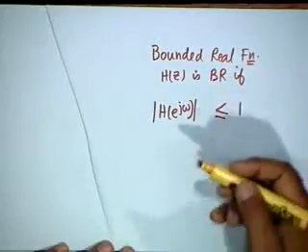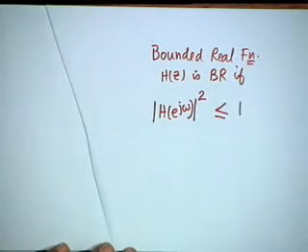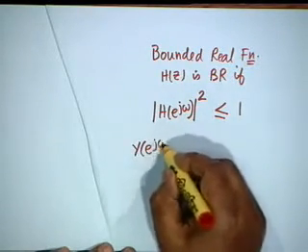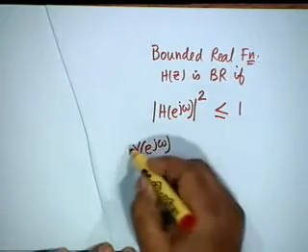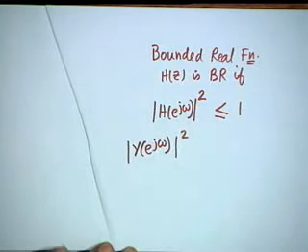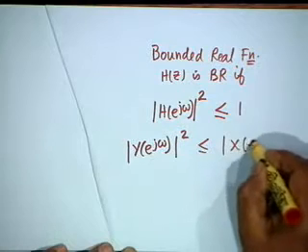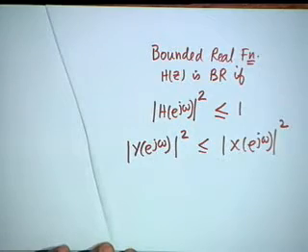Now, bounded real also has an interpretation in terms of energy. You see, if the magnitude is bounded by unity, the square of the magnitude is also bounded by unity. Now, what is capital H(e^jω)? It is the spectrum, the Fourier transform of the output divided by the Fourier transform of the input. So, this ensures that the magnitude squared of Y(e^jω) is less than or equal to the magnitude squared of X(e^jω). And by linearity,